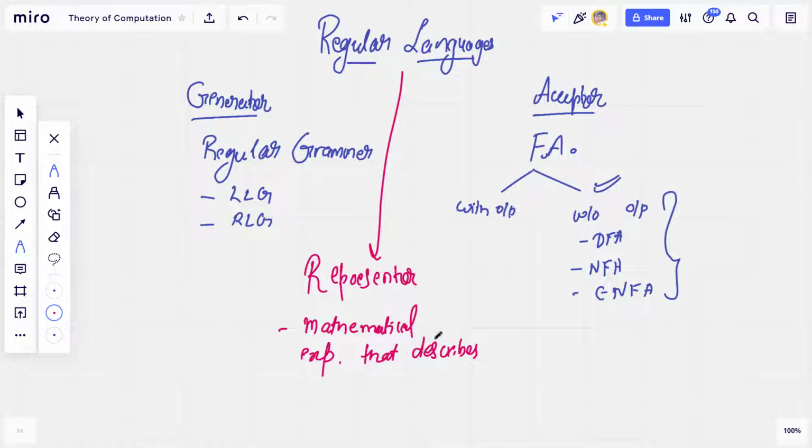Now you might ask, why do we need it? Wasn't the generator, the grammar, enough to describe the entire language? It was, but this actually makes the analysis very easy. And these representations are what I call regex, or regular expressions. Regex, I write it for short. Regular expressions are the basis of